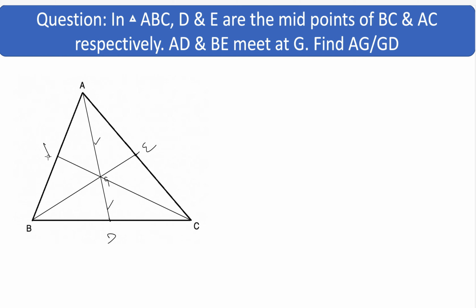So now F becomes the midpoint of AB. Now they are asking us AG by GD. Let's do a construction, something so that these two are a part of two different similar triangles. That is when the ratio of AG and GD will come into the picture. So if you do this construction, I'll demonstrate for the ease of diagram BG by GE, or CG by GF. All of those will be equal. So let me draw a line here.